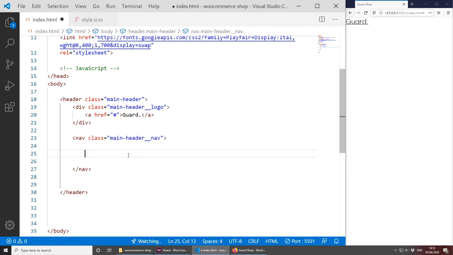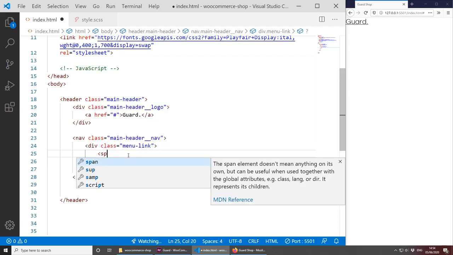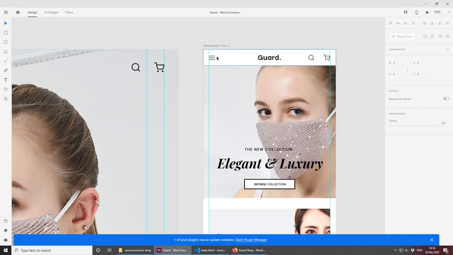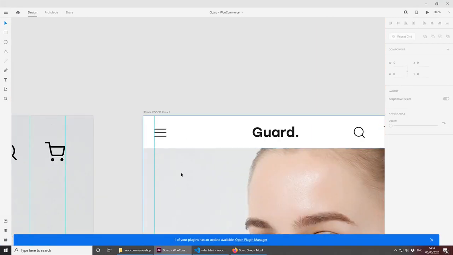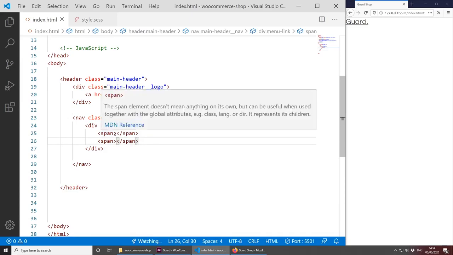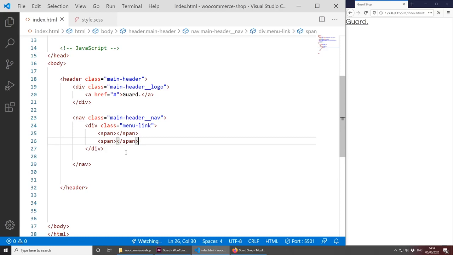I'm actually going to call this burger menu link, maybe? I don't know, I'm not great with naming stuff. So let's do the class name of menu-link, and inside here we can have 2 or 3 spans, and actually let's just go for 2. I quite like the minimalist burger menus where you only have 2 lines instead of 3, but I'll show you how to make it anyway. We have 2 spans and we could potentially give them specific classes, but I think that's unnecessary at this